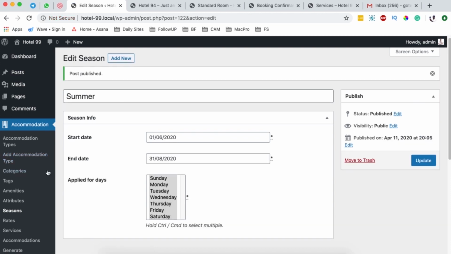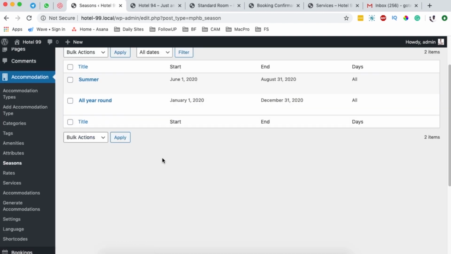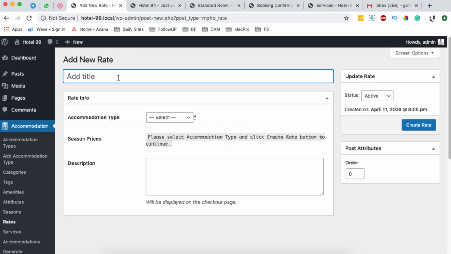So now we have 2 seasons for our hotel. Next, what we are going to do is create the rates for the different rooms and the seasons. So we are going to come over here to rates, and we are going to create a rate, and here we are going to say this is the standard rate,